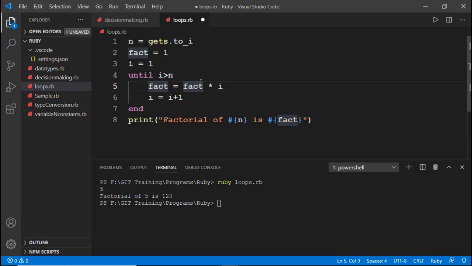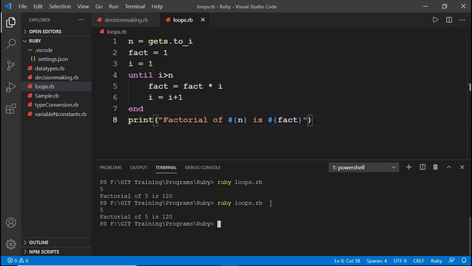Next, as usual, you calculate the factorial and print the result. Let's check the output for the until loop: ruby loops.rb. Here also my input is 5, and we get the same result: the factorial of 5 is 120.